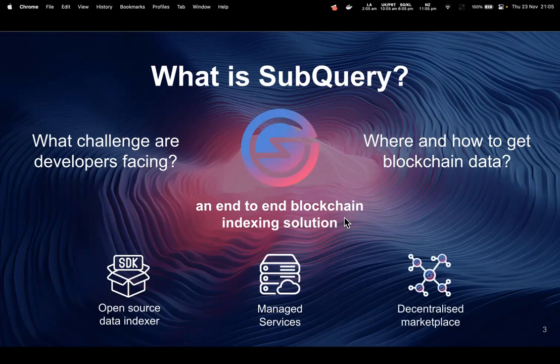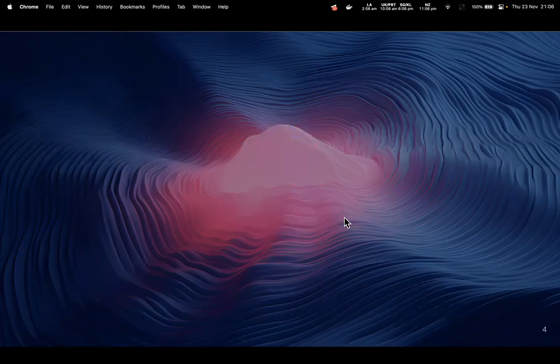And then the third piece on the right-hand side here is that we've got this decentralized marketplace. So what you can do is if you've got a project, we've got indexes in this marketplace that can help take your project, index it, get the data, and then basically sell the data to consumers, right? And even yourselves, you guys, people on the call can become indexers and basically generate some sort of or earn rewards from indexing data on the blockchain and making it available to those who want to make use of it or consume it. So that's what Subquery is.